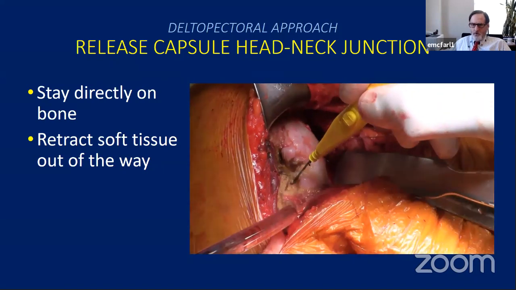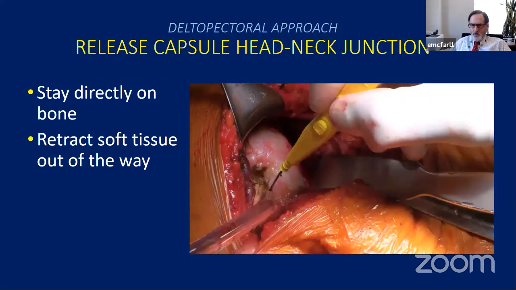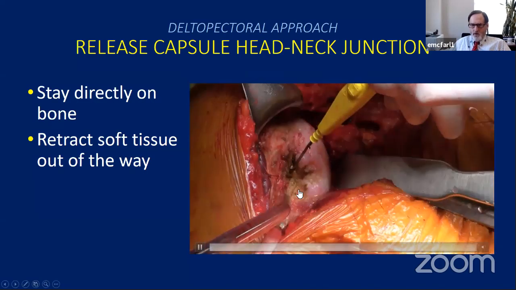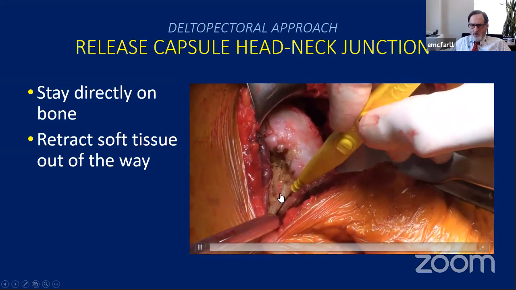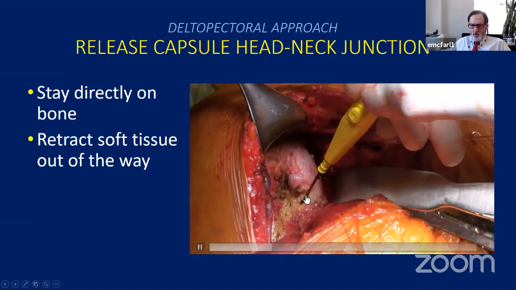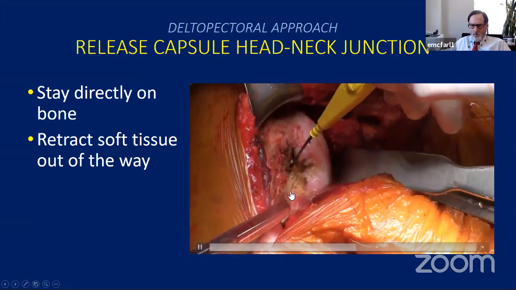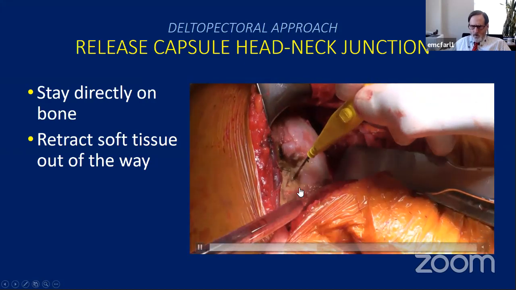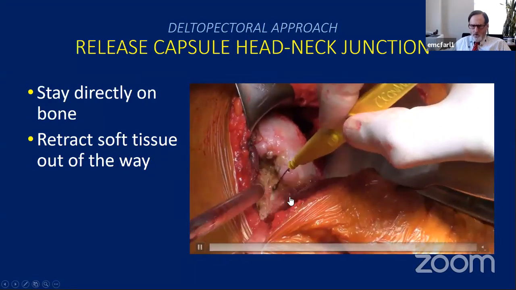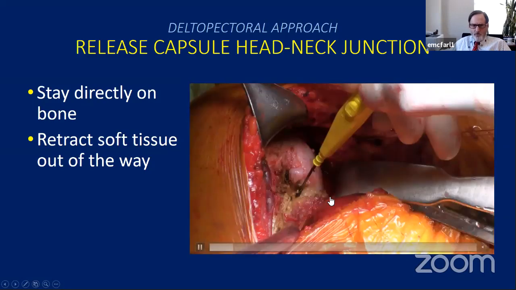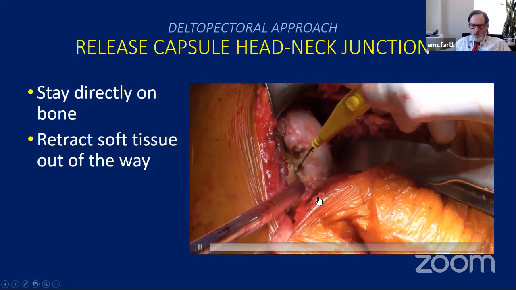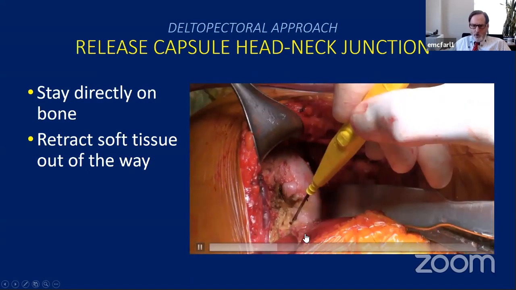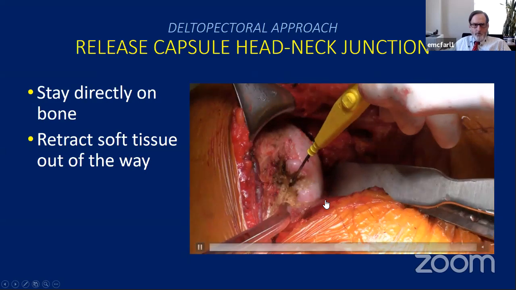So the next thing you're going to do is release the capsule at the head neck junction like this. You can see here's a better view of what you do when there's an osteophyte. You want to keep a retractor here, but if you stay on bone and go along the medial aspect of the head neck junction, you can release the capsule pretty safely up underneath the osteophyte. I usually keep a little instrument down here to protect the axillary nerve. If nothing else, I use a pickup to do it, but a smooth retractor down here is also very helpful. So again, the axillary nerve is down here somewhere.